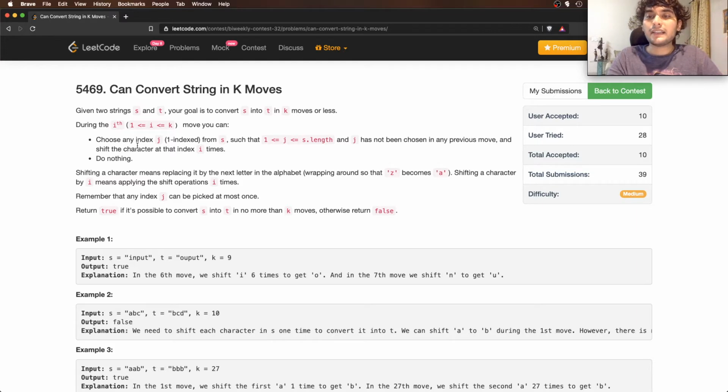Shifting a character means replacing it by the next letter in the alphabet, wrapping around so that Z becomes A. Shifting a character by i means applying the shift operation i times. Remember that any index j can be picked at most once. Return true if it's possible to convert s into t in no more than k moves, otherwise return false. Alright, so